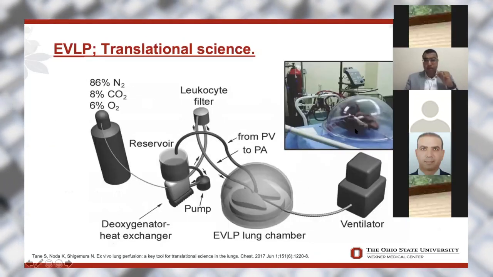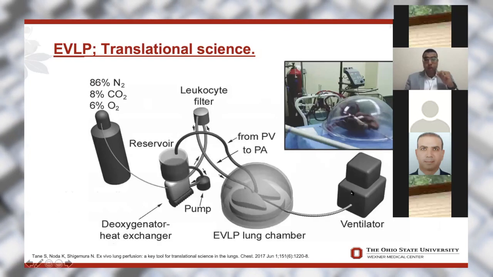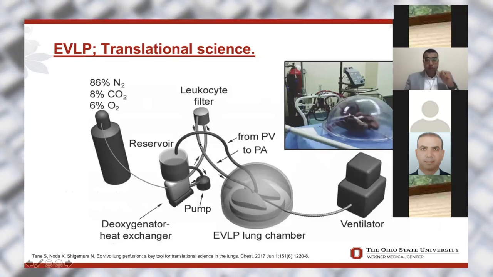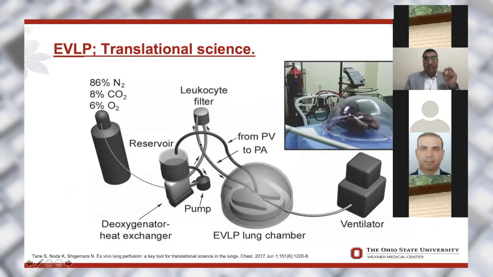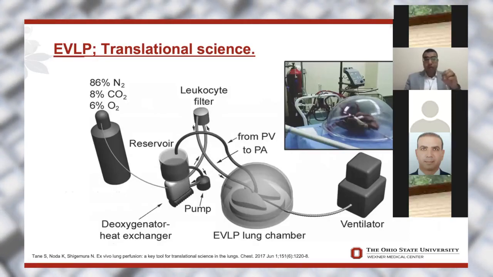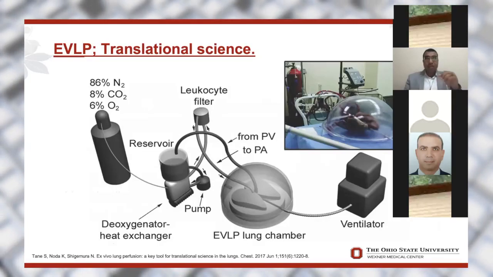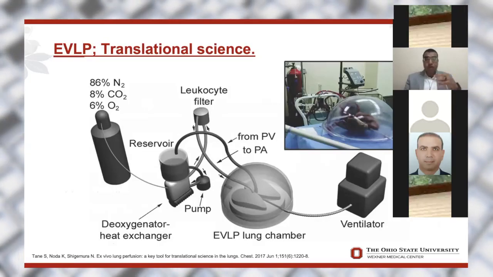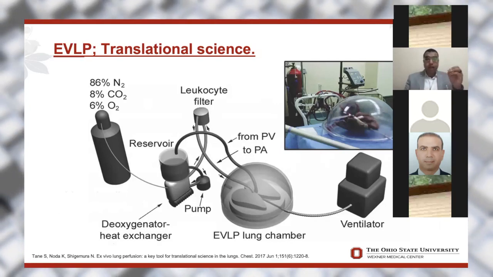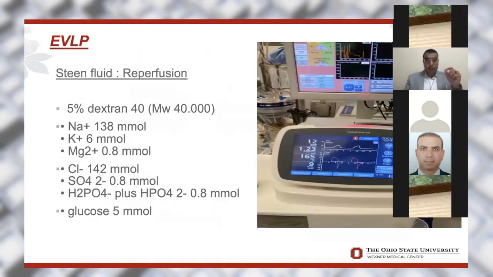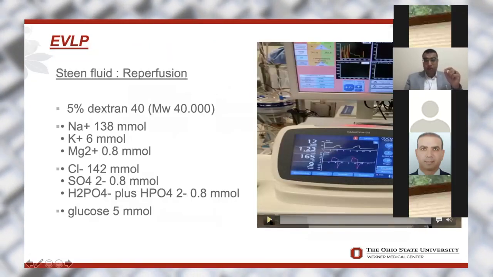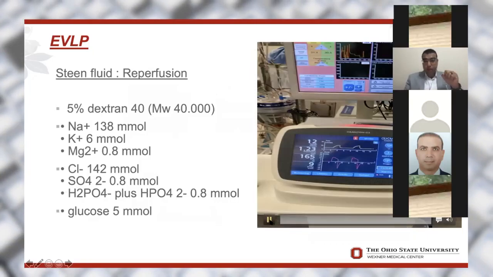This is the lung in this dome. You ventilate it with a lung protective strategy, and you can perfuse it with what's called Steen fluid. Steen fluid is the fluid invented by doctors in 2000. It's like the prepared cardioplegia, for enhancing and decreasing the interstitial edema of the lung, so it can improve it. This is the content of the Steen fluid, and this is a very nice video from the ex vivo lab.